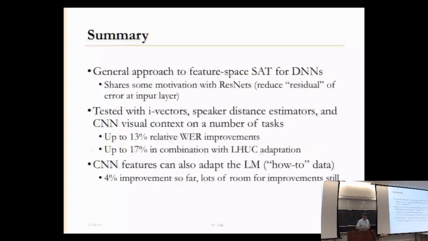So to conclude, we have this general approach to do adaptation with DNNs. It doesn't really matter what we feed in as an adaptation vector. It can be I-vectors, but it can be speaker microphone distance, or it can be information extracted from the image. In all cases, we are seeing improvements. We are seeing reasonable improvements for the acoustic model adaptation. I don't think we've seen the end of the line for the language model adaptation, but I think it's really